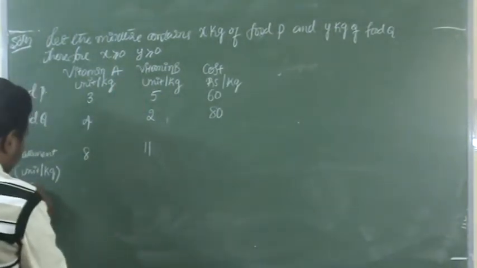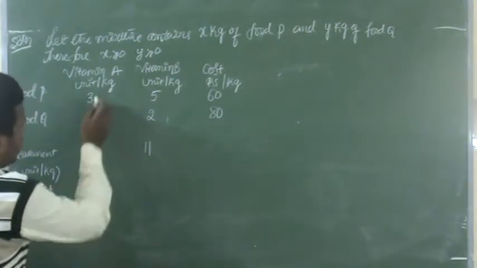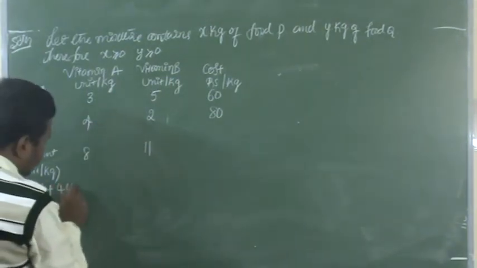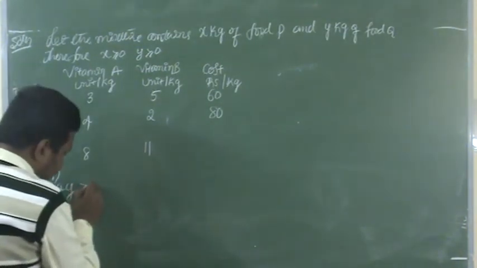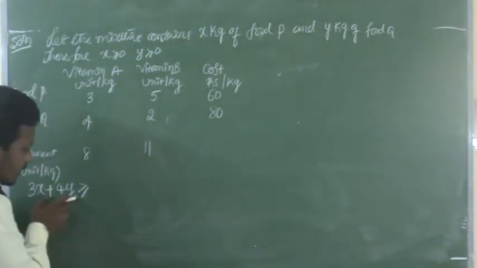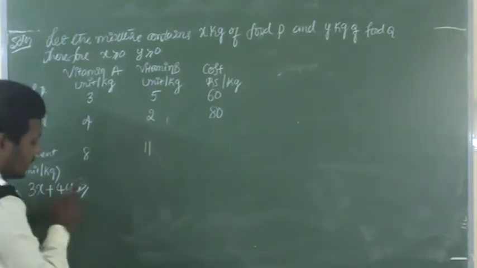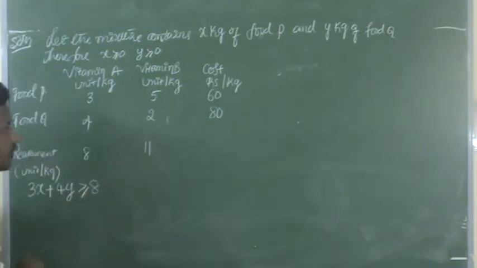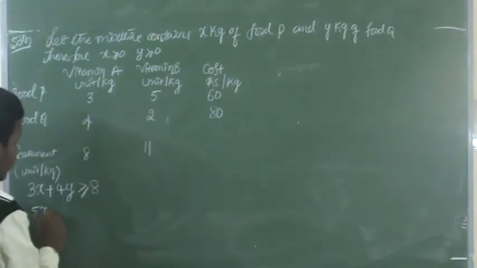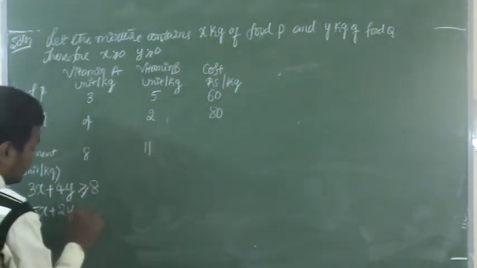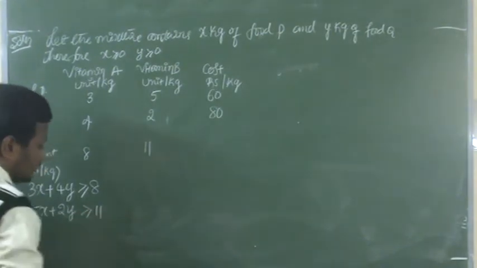That is 3x plus 4y, which is at least, we write at least, greater than or equals to symbol, at least 8 units. Okay, for this, 5x plus 2y, which is greater than or equals to 11,